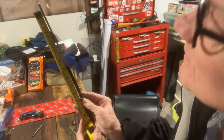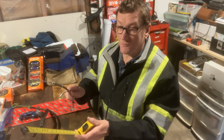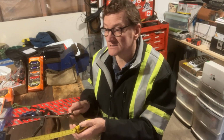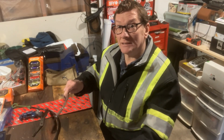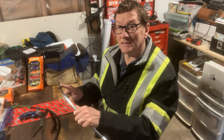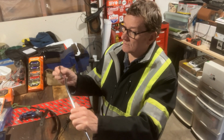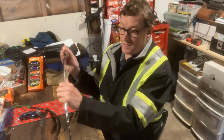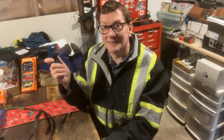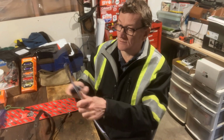If you can see it here, where the original one was 6 inches and 7/8. So what I needed to do was take 3 1/8 off the top so the indicators would sit lower into the pan. I simply cut off the 3 inches and 1/8 with the tube cutter,